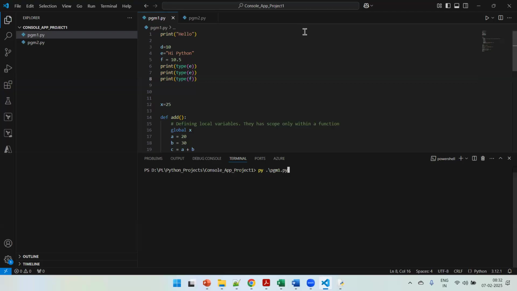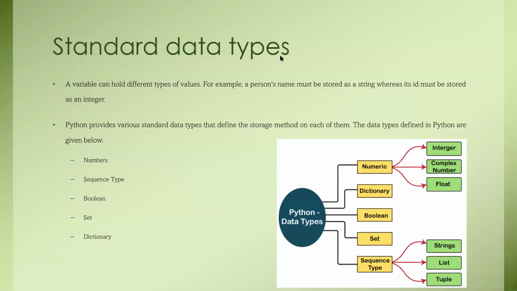Fine. And like this, what are all the other types available? What other keywords are available? What other literals or tokens are available? Python supports various types of data. It can be categorized as numeric data, dictionary, Boolean, set, sequence type. So people who are working in DevOps